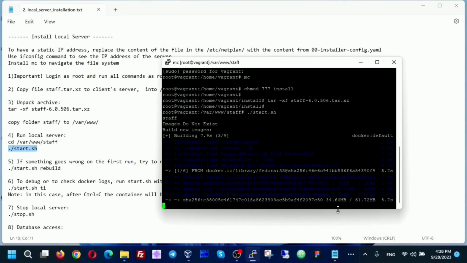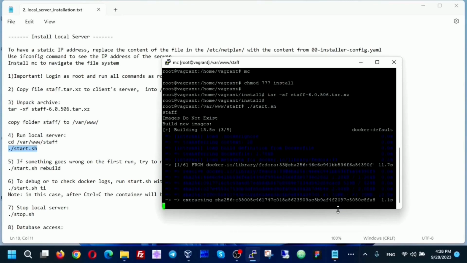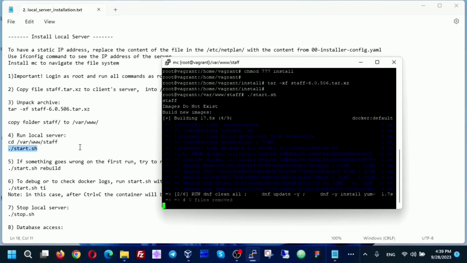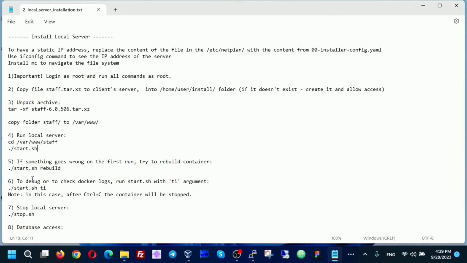This event takes longer, probably about 5 minutes. While it is being installed, we can read the instructions. If something goes wrong, then we can rebuild the container, typing start sh with the rebuild parameter. If we want to see the logs, then type start sh with ti.